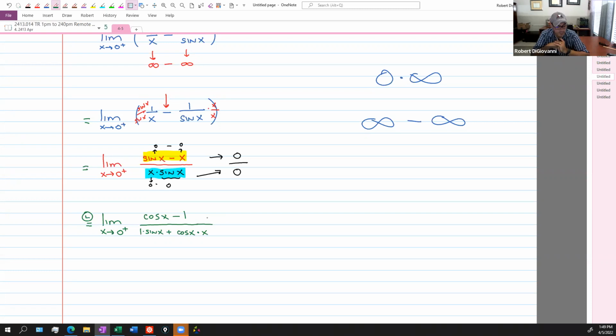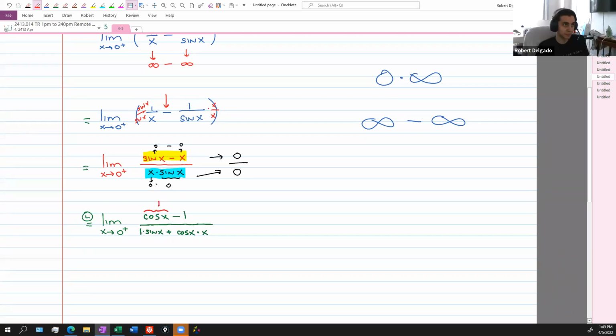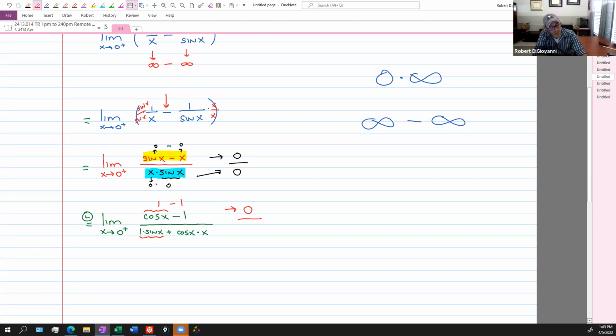What now? We can put in 0 and see. Yeah, let's see what happens. Let's hope for the best here. What is cosine of 0? 1. 1 minus 1. Shoot, the top's headed to 0. All right, well, that's not necessarily bad unless the bottom's headed to 0 as well. All right, here sine of 0 is 0. That's 0 plus, shoot. These two together is 1 times 0, which is 0. So I've got 0 over 0,